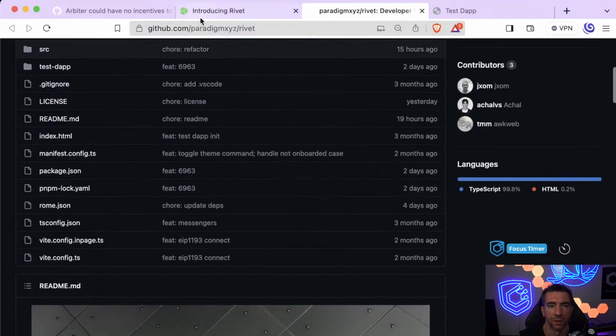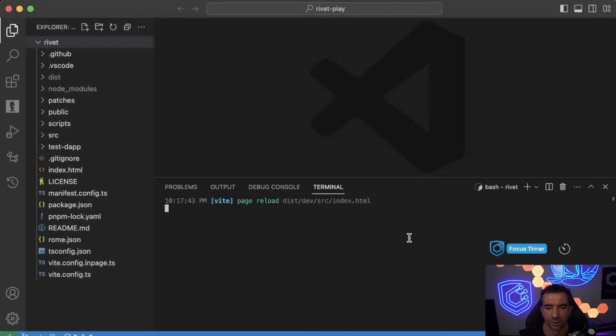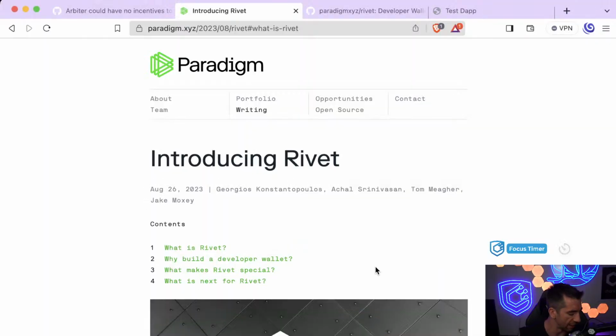So I already did some stuff, but let me start over. Let me stop this too. So I haven't done any of this yet. I don't know anything about this tool. I saw Paradigm release this, so we're gonna play with it. And it's Saturday night, and I'm not doing anything better. I just got done judging the first couple of CodeHawks smart contract auditing competitions, which went phenomenally. Now we're doing a little bit of